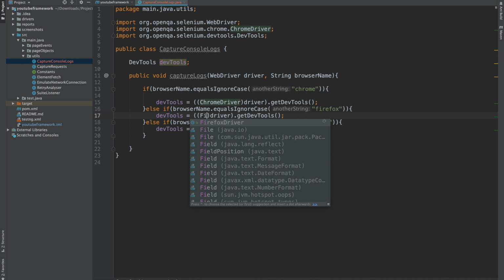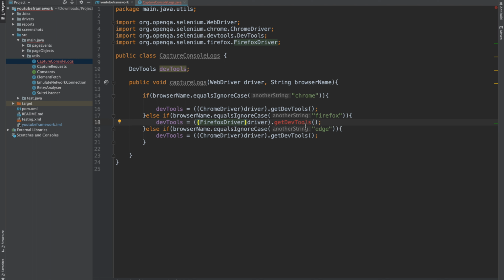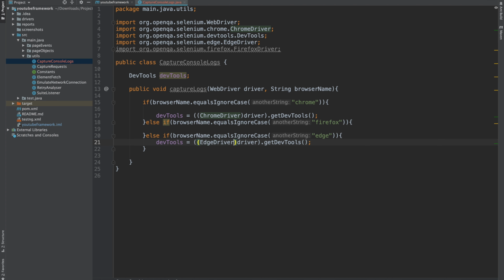So here you can see if I write FirefoxDriver, then the error is again here because currently DevTools is supported by the Chromium based drivers, which are Chrome as well as Edge. So currently DevTools is not supported by the Firefox driver. So I am removing this line of code and we cannot really do anything for Firefox here. If I write EdgeDriver here, you will see that there is no error because it is supported here. Now we will be making a session.